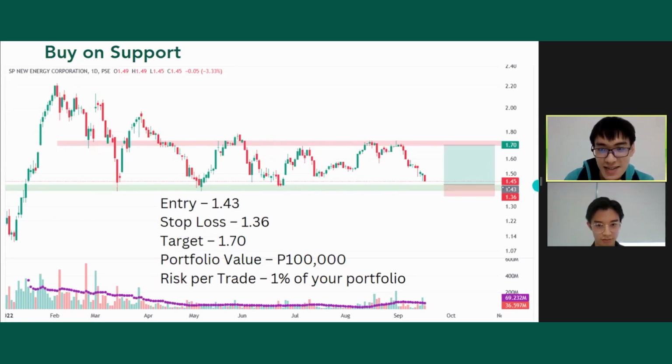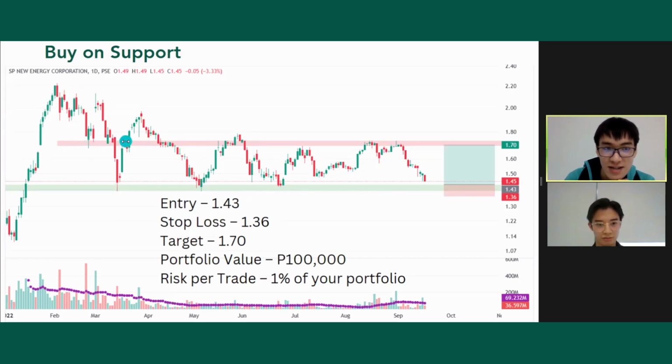So now let's have an example. Let's say this is a sample trade plan. Let's say you found this support level. So bakit siya support level? Once price went to this level, tumalbog, di ba? Once it hit this level, tumalbog, di ba? So you can see that there's a lot of buyers supporting this price. Kaya siya support.